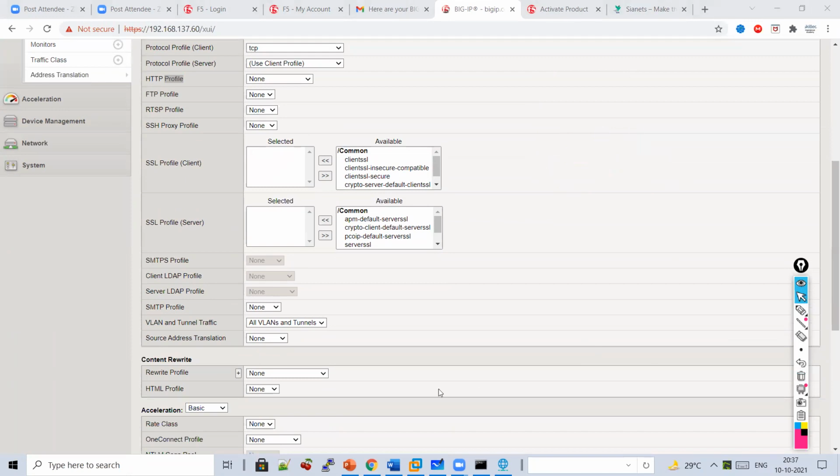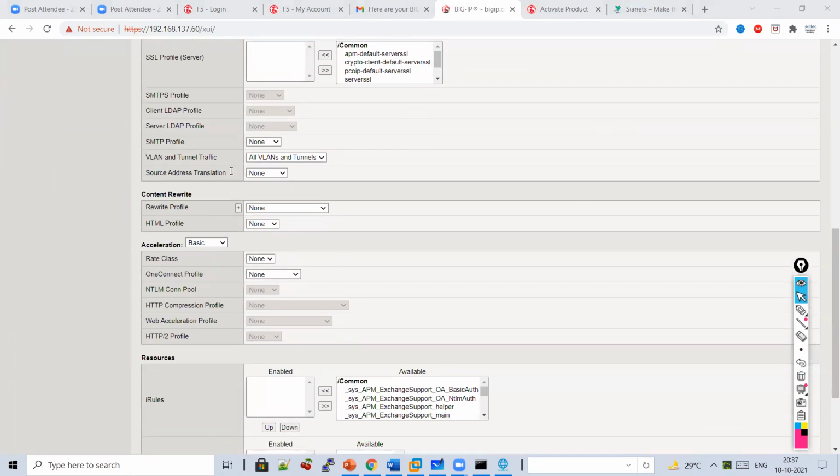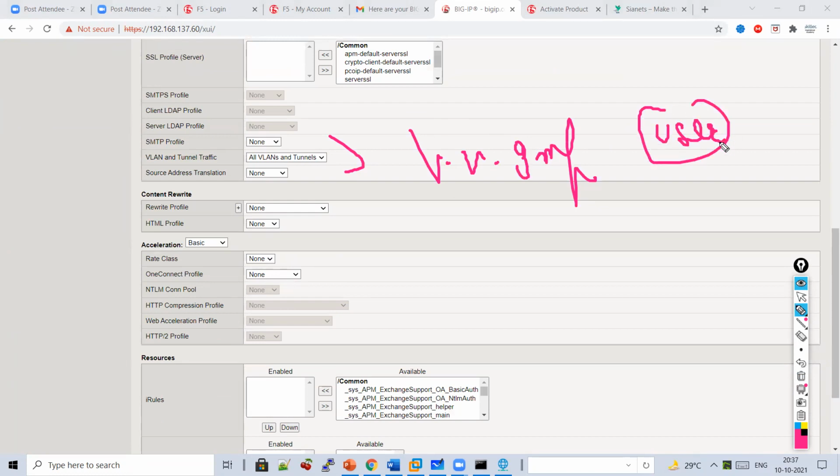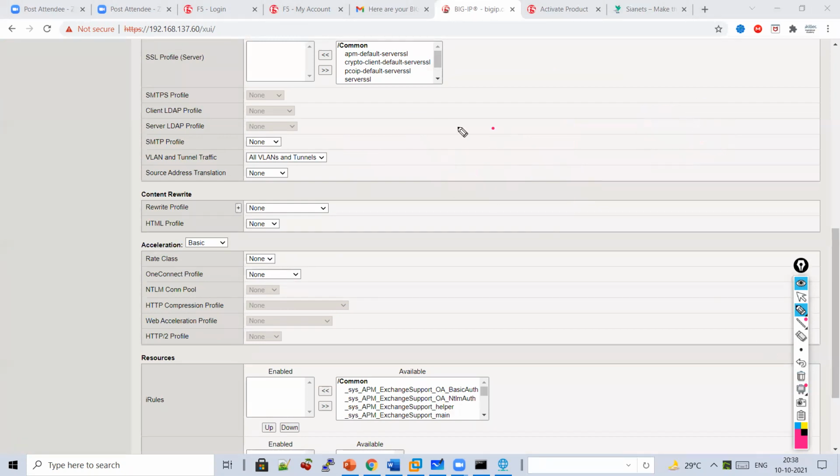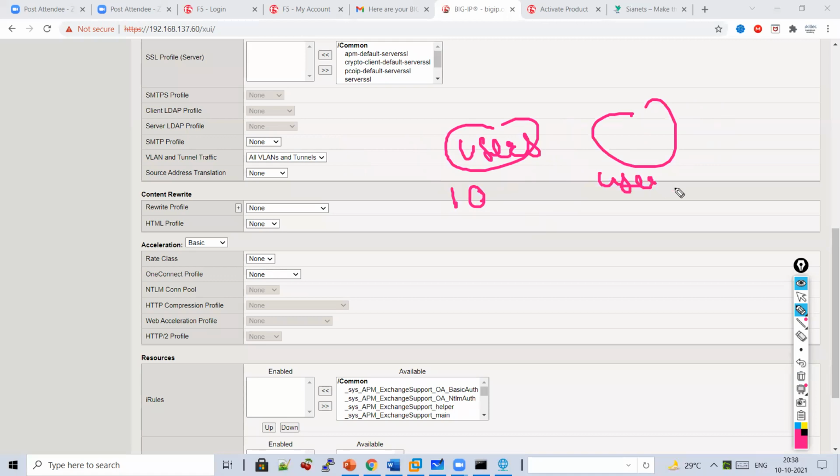Now guys, can you see this? VLANs and tunnel. This is a very, very important interview question. Let's say I have users on VLAN 10, users on VLAN 20, and we have a virtual server.